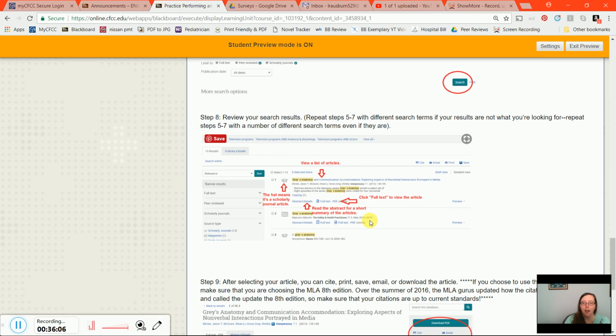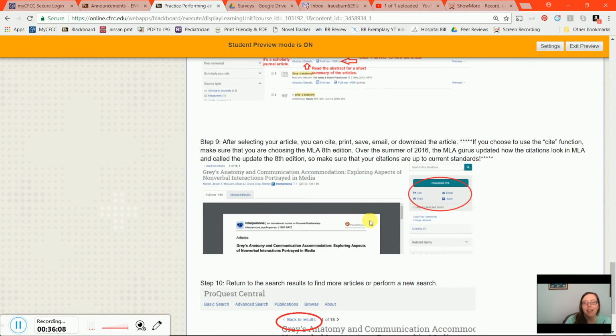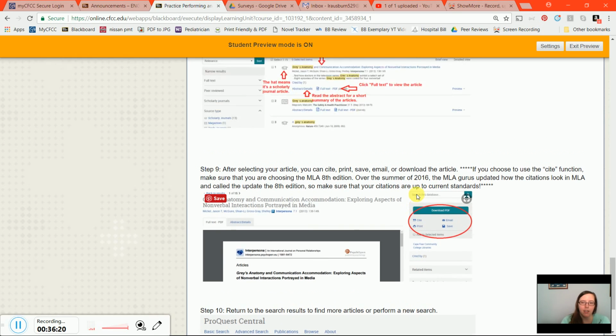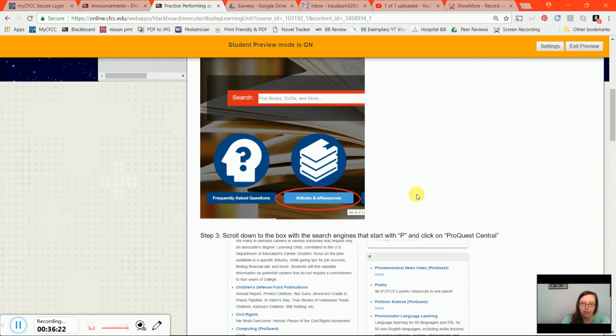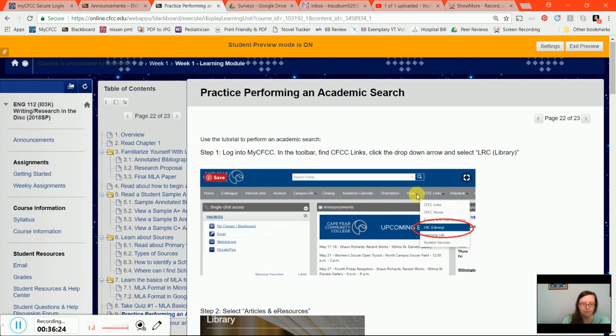What I also like about this is they have a cite function. When you've clicked on the article that you want, it'll cite it for you, and usually it's perfect. So that's a really easy way to get those citations created when you're using this ProQuest option.